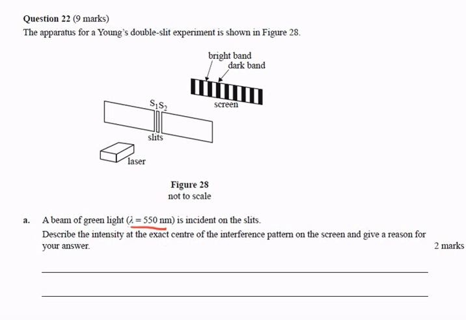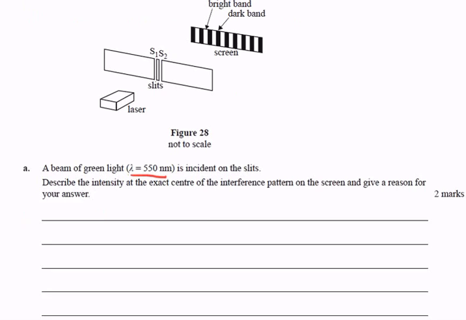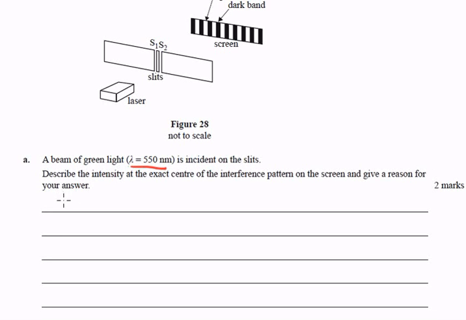And describe the intensity at the exact centre of the interference pattern. Give a reason for this. So they're saying, is it a dark band or is it a bright band in the middle? Well, in the middle, it's a bright band. And they want a reason for that, and that reason is the path difference in the middle